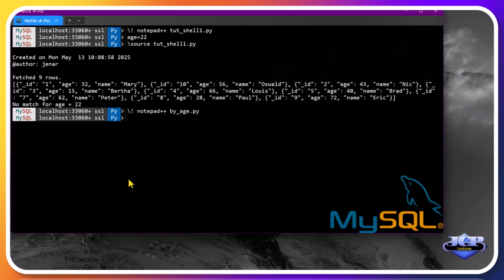Closing the editor, now we can create the parameter age with a value 72, and run the script by_age to display the record. There's one, as you can see.